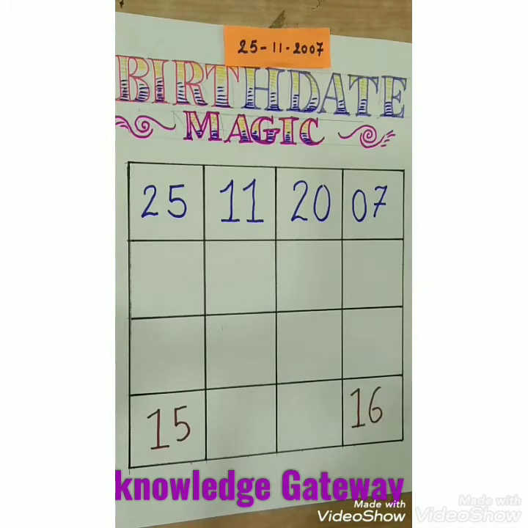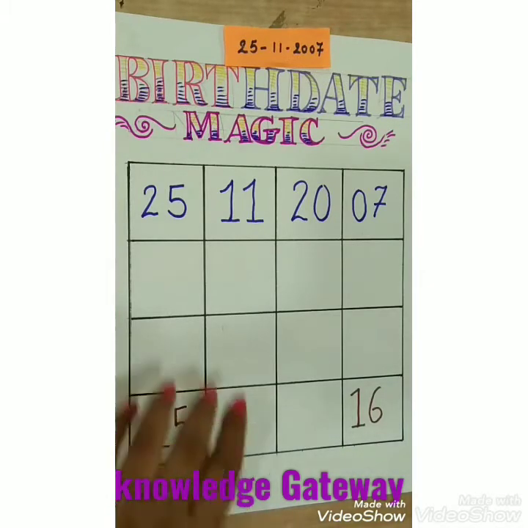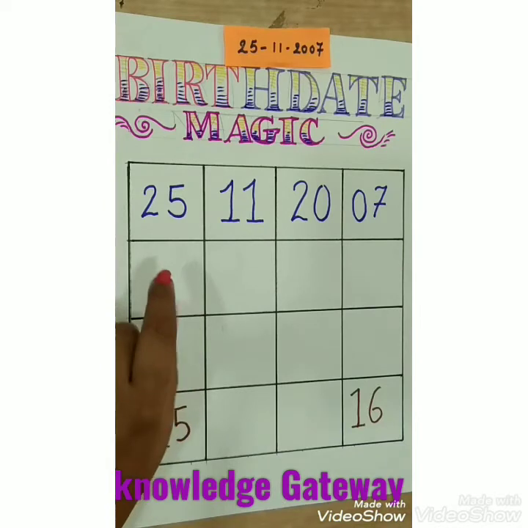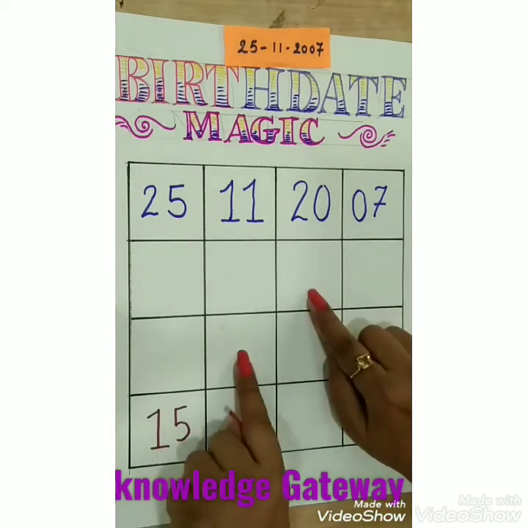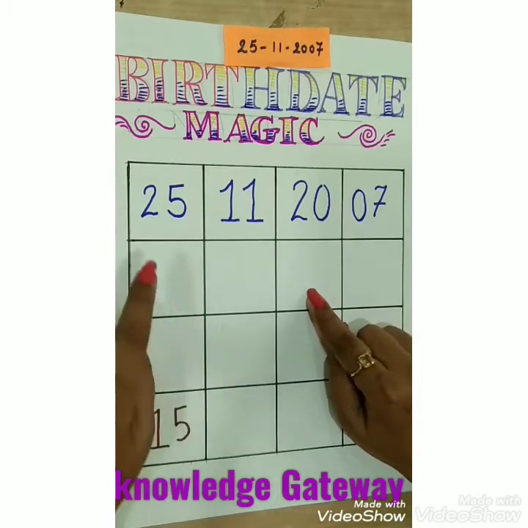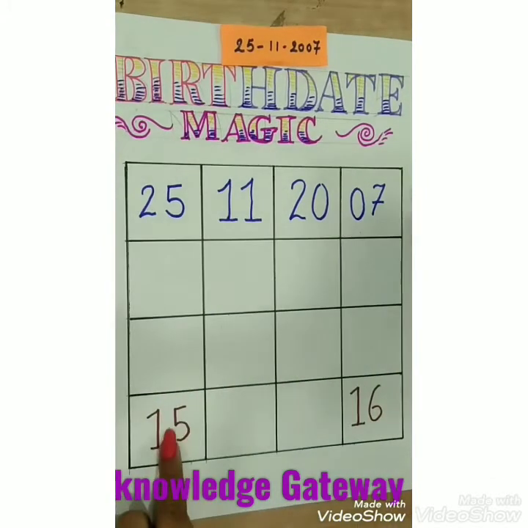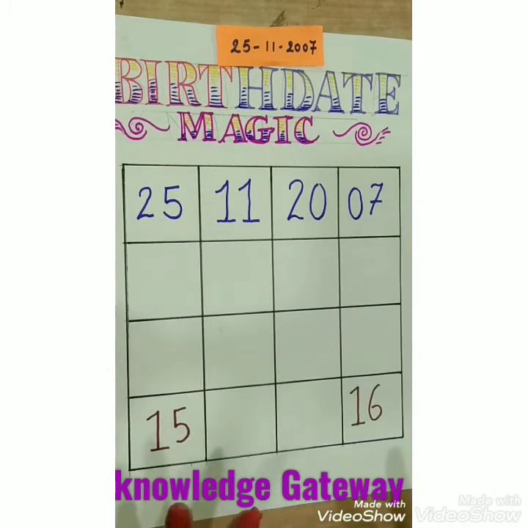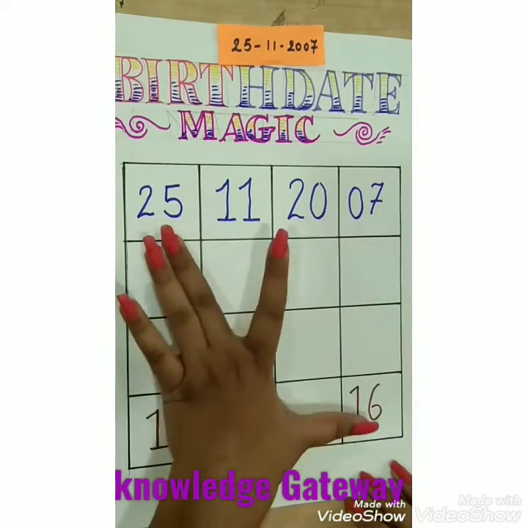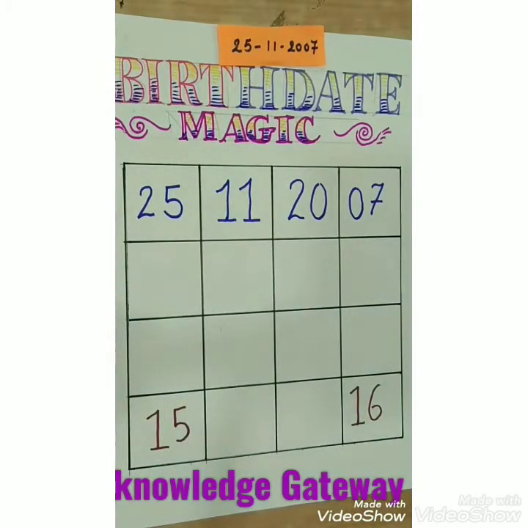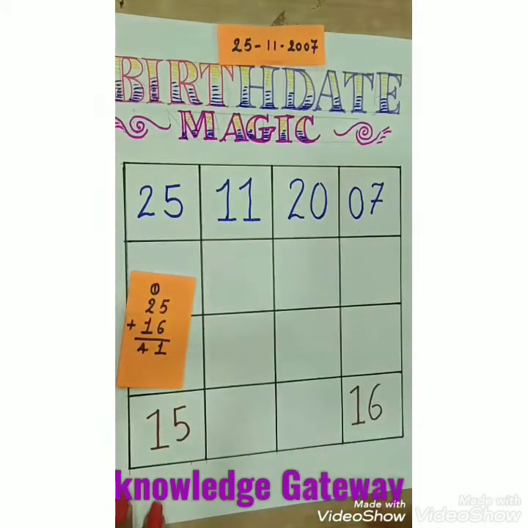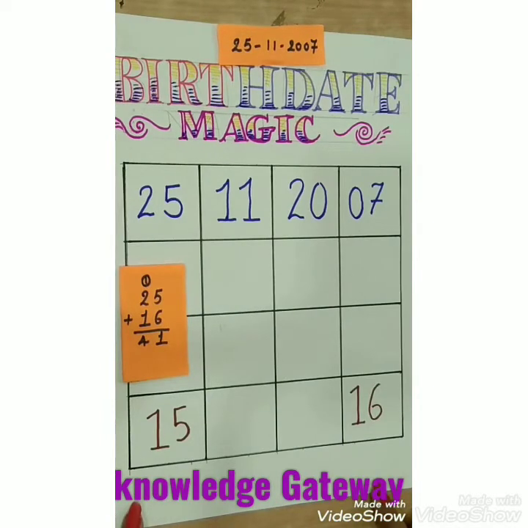The sum of the 2 numbers of one diagonal should be equal to the sum of the 2 numbers of the middle ones of the other diagonal. Means now you can see the ends of the diagonals you have available. Okay, 4 numbers are here. First I have to find these 2 numbers' addition. These 2 numbers' addition is 25 plus 16 is equal to 41.